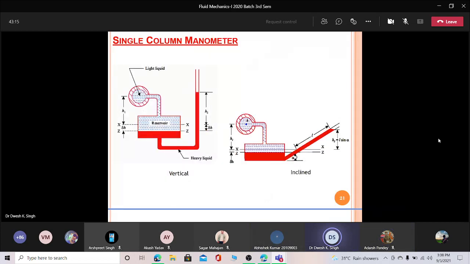Okay, now sir, then there are some other manometers also here with some upgradation. Upgradation means the idea of how we can increase the pressure range, the pressure measurement range. Like here, as I told you,